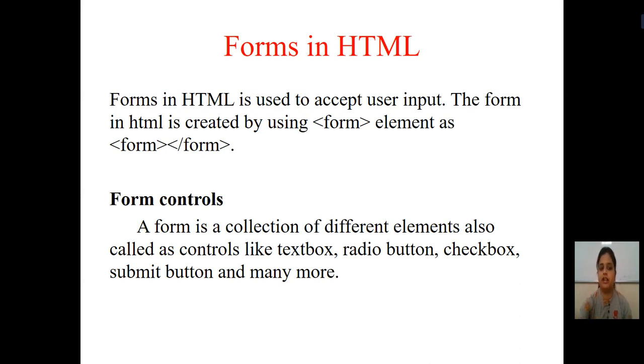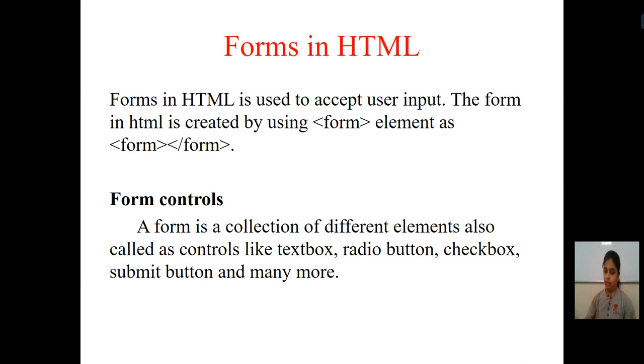Now students, the next important point is how to create a form in HTML. When we fill any online form, that online form is created using HTML. So what is the use of a form? When you fill up a form, you can see a text box is given, and you enter your name in the text box. If you want to write the address, a big block is given, called a text area, where multiple lines are allocated for writing the address. Then for choosing gender, you get either male or female, and only one is clicked at a time. Then for subjects, you get a list of subjects, and then a submit button.